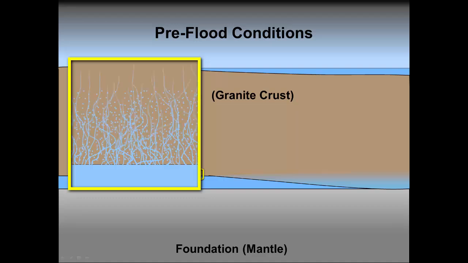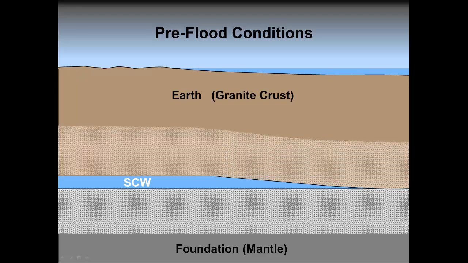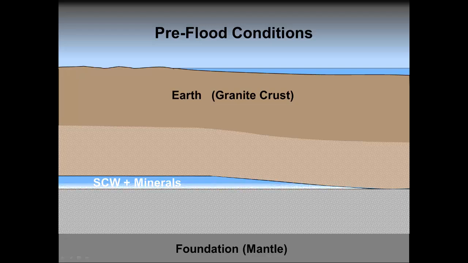For centuries, supercritical water dissolved the more soluble minerals in the granite and mantle, creating porous openings in the rock above and below the subterranean chamber. Once elements like sodium, calcium, carbon, chlorine, oxygen, and magnesium were released by the supercritical water from the solid structure of the rock and into the solution, they were free to combine, forming new molecules like limestone, dolomite, and salt. These minerals eventually precipitated out and heavily blanketed the chamber floors of the Great Deep.